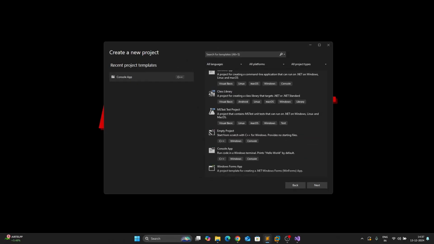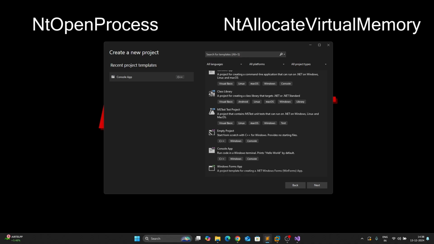So the practical part of implementing direct syscalls is going to be divided into three stages. The first stage is all about setting up our development environment, where we have to make some changes to our setup in order to make our code compile. The next stage is about defining our own syscall stub and the function prototype, in which we'll generate the function prototype using SysWhispers1 and manually define our assembly procedure for performing a direct syscall. And the final stage is where we'll be coding our remote process injector, where we'll inject shellcode into a remote process using the 4 standard native API calls, which are NtOpenProcess, NtAllocateVirtualMemory, NtWriteVirtualMemory,